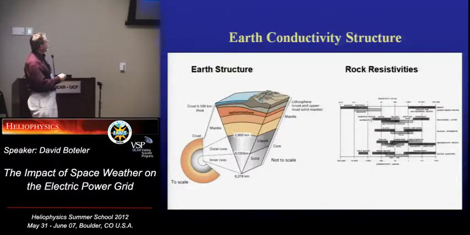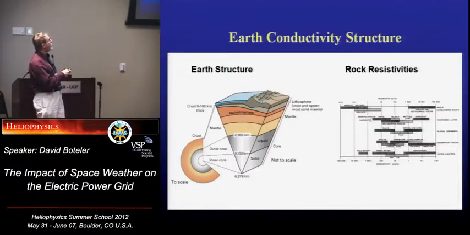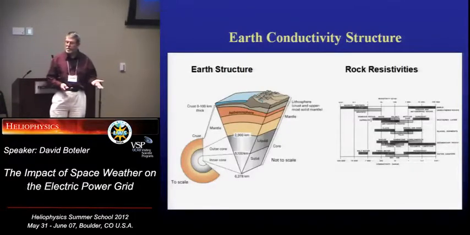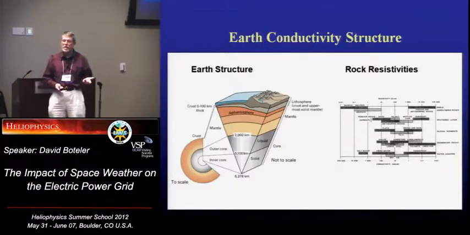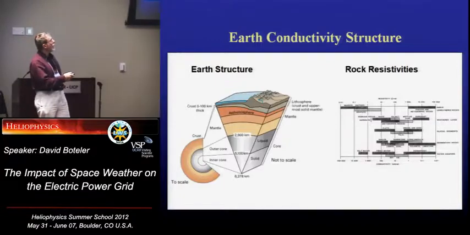So this is a review of basically what the Earth's structure is: solid core, liquid outer core. When you get up into the mantle, that's a fairly good conductor, and when you get nearer the surface, the crust is a fairly high resistance material. And then a lot of variability with all of the either sedimentary rocks or the igneous rocks at the Earth's surface. A lot of it depends on what the water content is in the rocks as to what their conductivity is. Sedimentary rocks have a lot more water content, so that they're more conductive. And here's a table of range of resistivity values for all the different types of rocks.